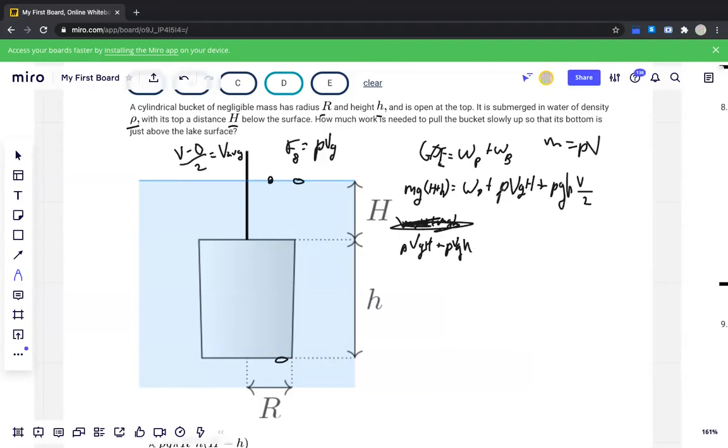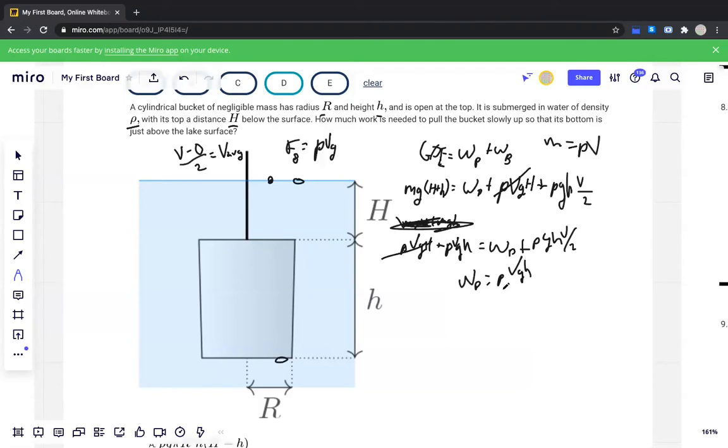And we see that this term cancels out with this term, so we're only left with rho vgh on the left side is equal to the work done by pulling plus this term right here. And then we can subtract rho vgh over 2 from both sides, so we're left with that the work done by pulling is equal to rho